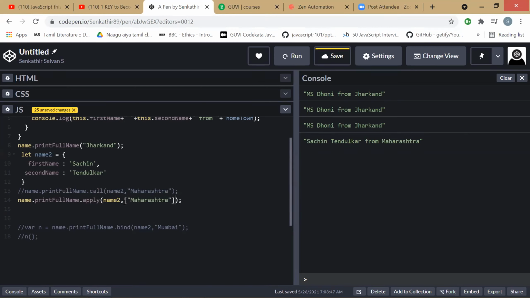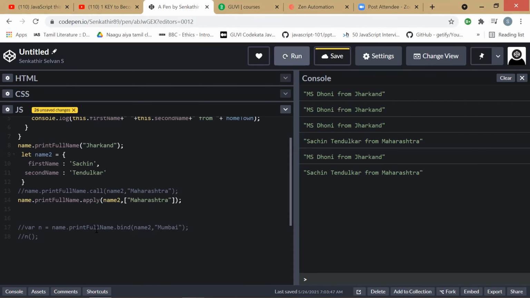Similarly, we can give extra second, third parameters also. Is it correct, sir? Yeah, correct. So if we run this, we will get the same. This is the apply one.